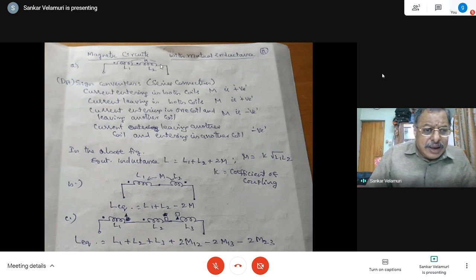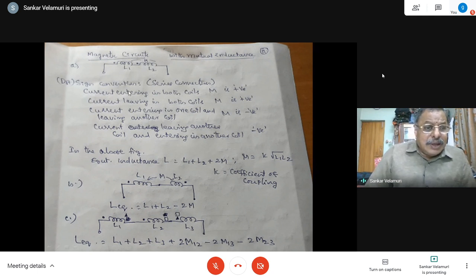Starting, ending. So what the sign convention says is that current entering the coil in both the coils will give aiding flux. So due to the current flowing in L1, there is a mutual inductance in L2, and due to the current in this one, because it is the same direction, because it is a series circuit, the same current will flow through both the elements.